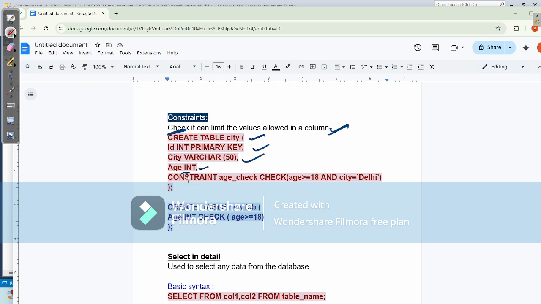Age int constraint age check, and the age must be above 18 years, and the city is Delhi. These are the constraints used in this table. The syntax used here is create table new tab, age int check age greater than or equal to 18.